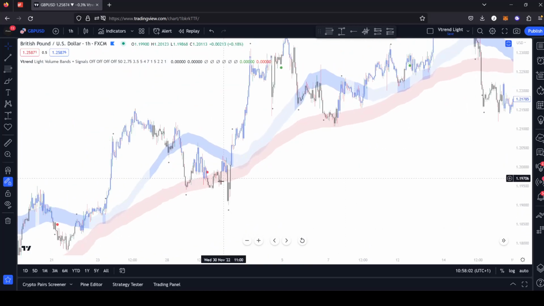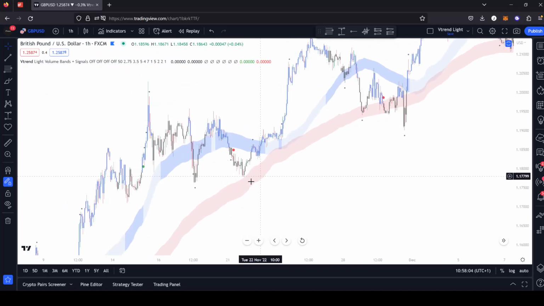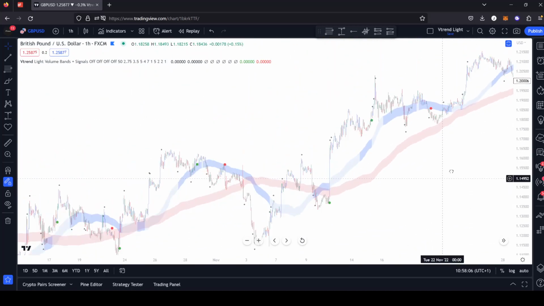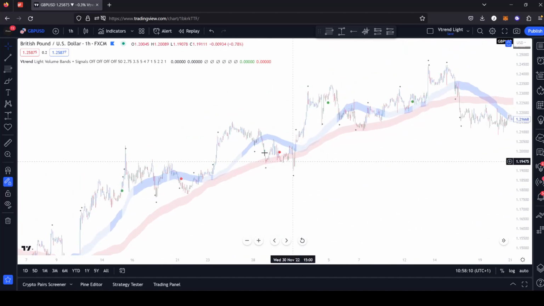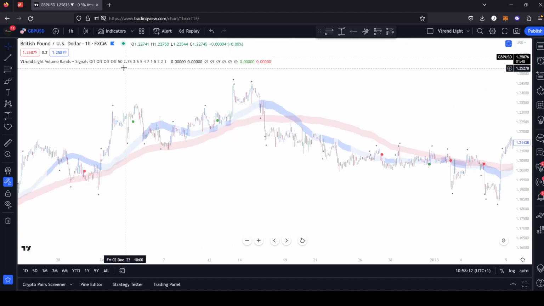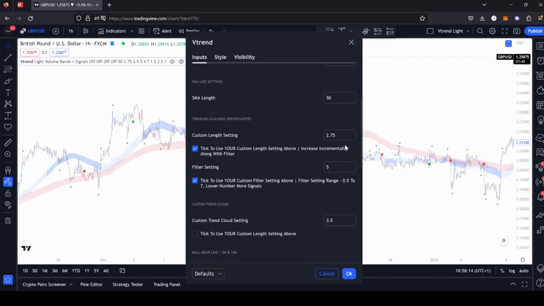That's how the script calculates it. So we have some decent ones, but at the same time we do have some not so decent ones. This is why I like to leave it for the default signals